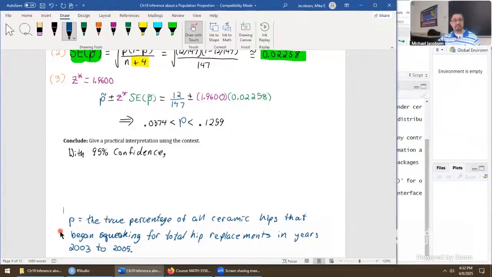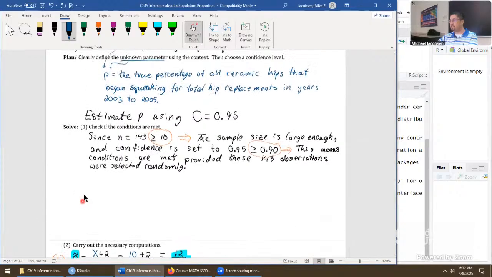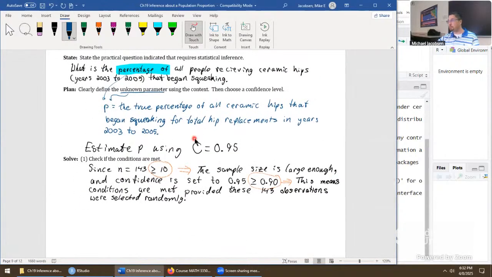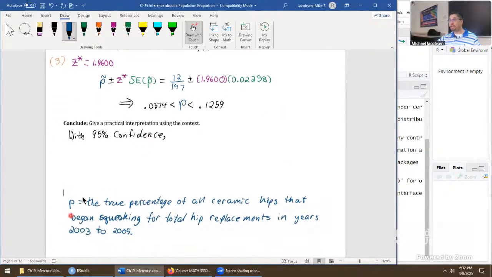If this feels painfully redundant to you, you wrote it down really nicely on the first step. I wouldn't be too opposed if you paraphrased it a little bit on the conclusion, because you've already written it down once. So if you do paraphrase, try to keep some of the elements here. Definitely don't just call it P.